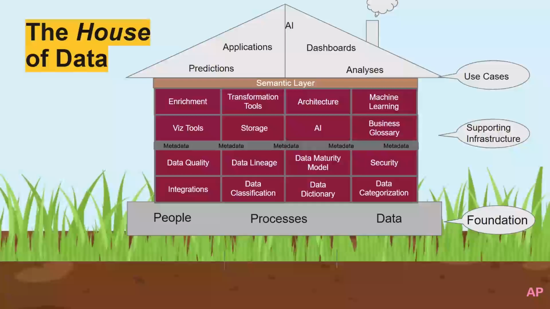So these are the foundational elements of the house. But then we get into the supporting infrastructure, right? And that's going to be most of this presentation. So things like data classification, our data maturity model, storage, AI, and then holding all of that supporting infrastructure together is, of course, metadata. Kind of the entirety of this presentation is going to revolve around anchoring on that metadata. We have our top plate for our semantic layer. And then at the very top of the house, our roof is all of the use cases.